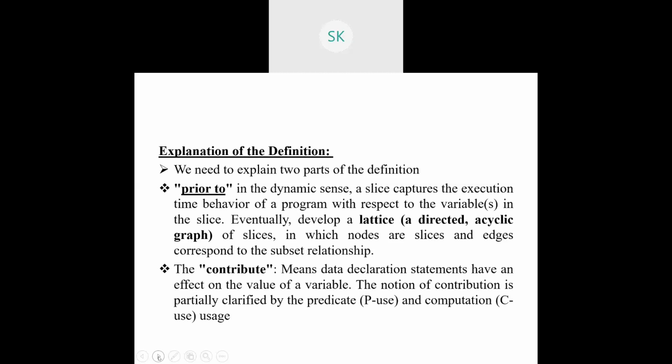Say suppose total logs, if you say total logs is equal to total logs plus logs, whatever the logs value you will be inputting, it will be added to the total logs, and it will be summing up. So this is nothing but your total logs principle. With respect to this, it is getting involved, so you need to have that particular contribution part.